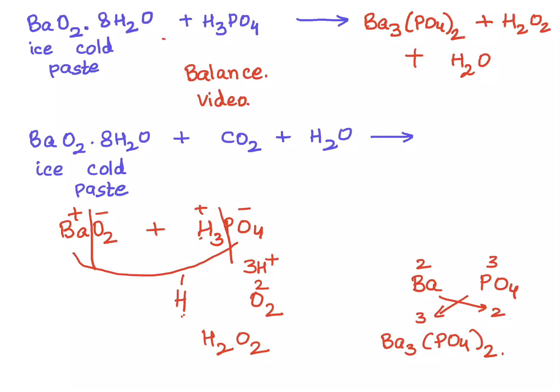Done? Okay, let us see. So we'll have 3 over here, we'll have 2. Oh, you want me to explain the balancing to you? Okay, let me do it for you then. What do we have over here? If you notice, we've got 3 barium, whereas here on the left hand side, we have only 1 barium. So let's put a 3 over here. Come to phosphate. Now there are 2 phosphate over here, whereas there is only 1 phosphate over here. So we will put a 2 over here.